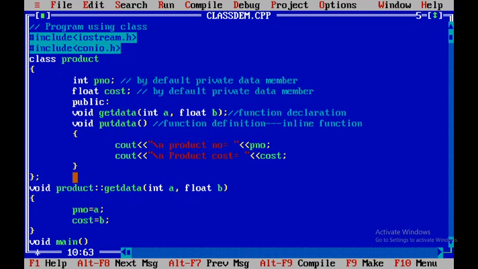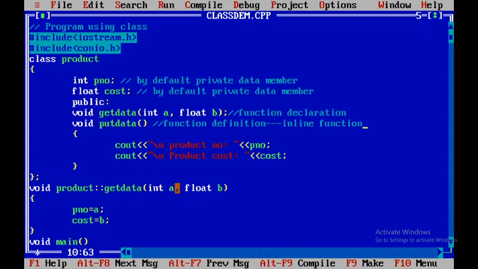So outside the class, we are going to define the getData method. This is a demo for both, defining a method inside and defining a method outside the class. So one function is defined outside the class. As per the syntax, the return type of getData is void, the name of the class is product, then the scope resolution operator, getData, and the argument list int a, comma, float b. It means that the getData method is declared under the scope of class product.